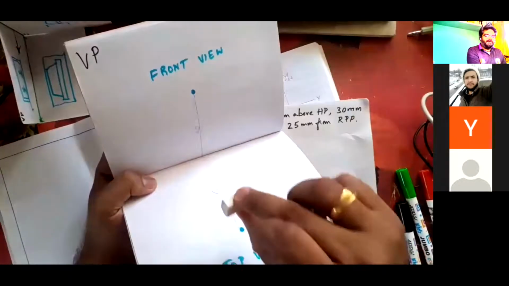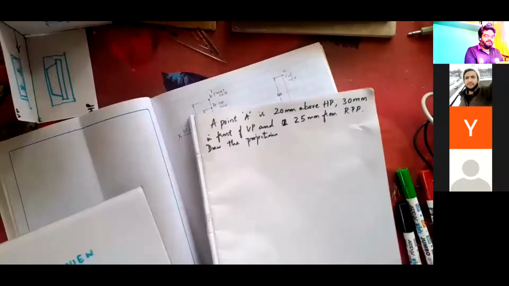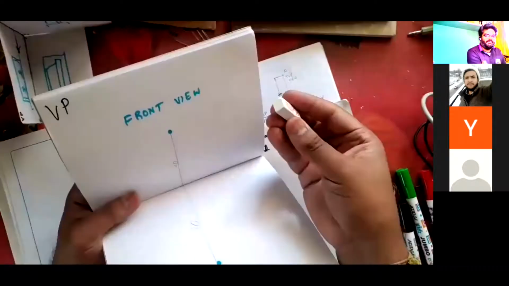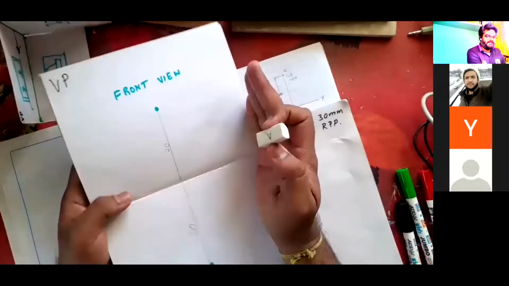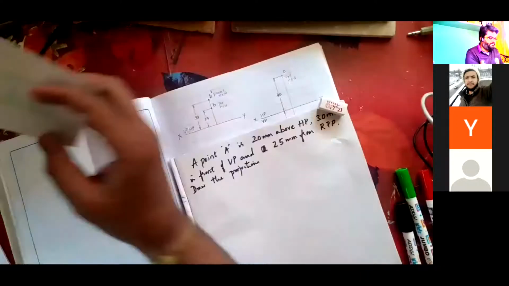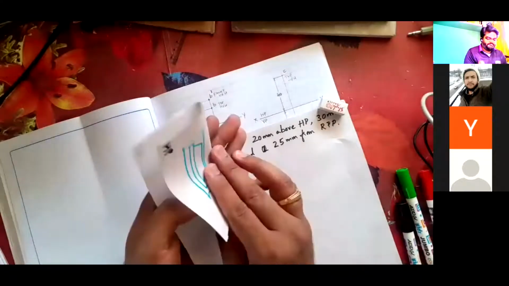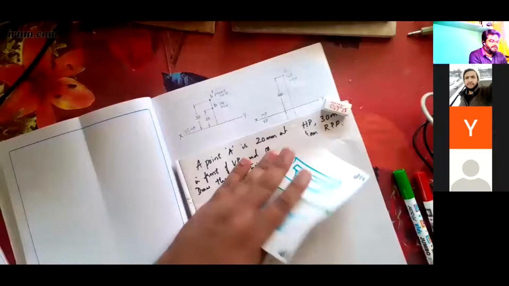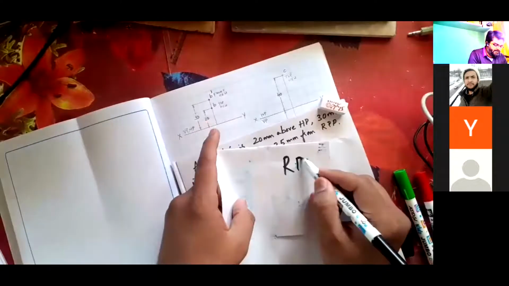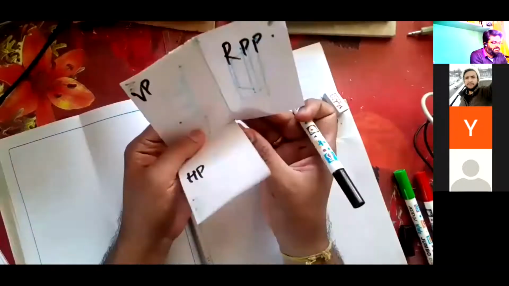And if I consider a third plane here towards my right, from RPP, I'm giving a particular distance to this projector, that it is 25 mm. This distance from the right side plane is 25 mm. Then what is going to happen if I imagine, from the right profile plane, this is the right profile plane, this is the vertical plane and the horizontal plane. Three planes are kept like this in the first quadrant.